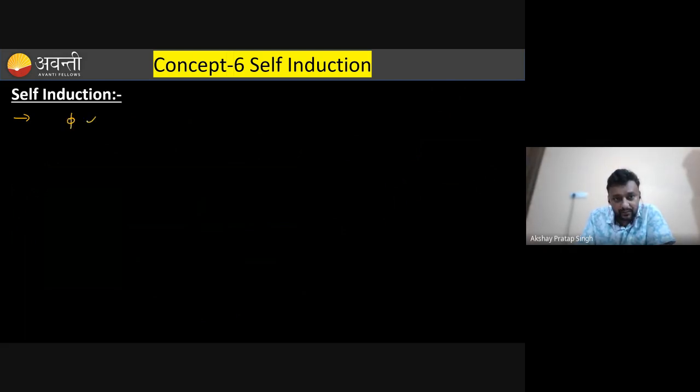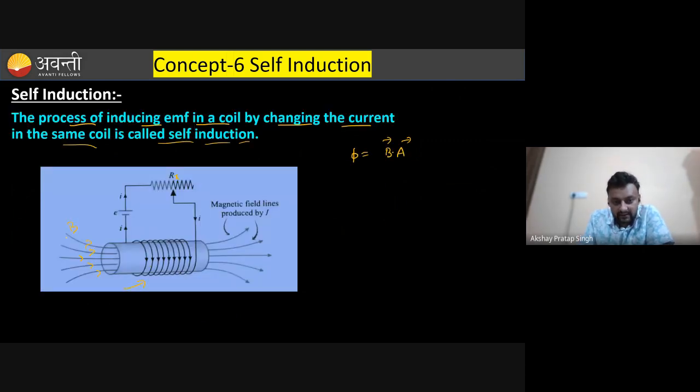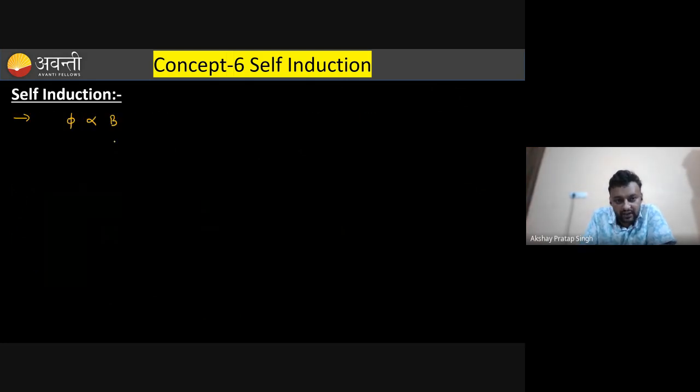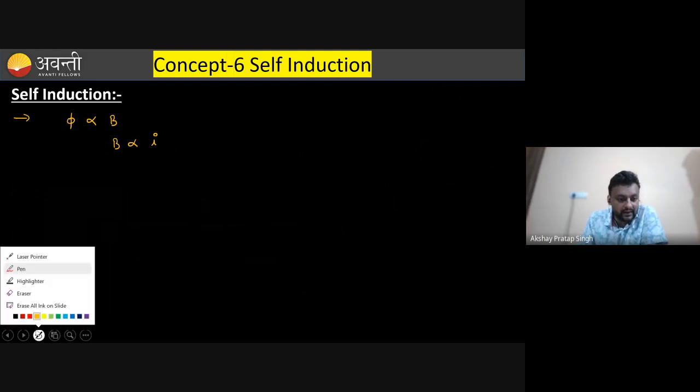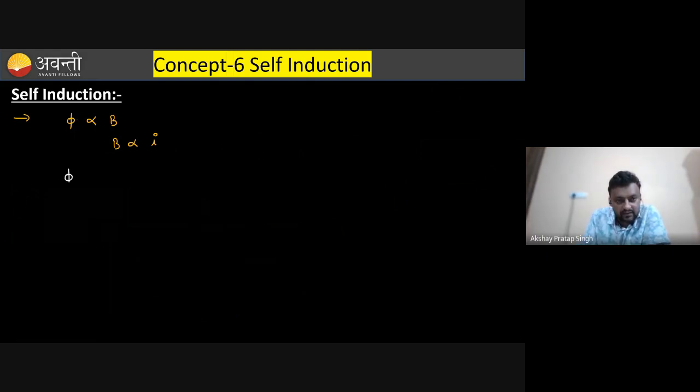Do you know that phi is proportional to magnetic field? I hope everybody knows this. And if you look at the previous slide, this diagram, this magnetic field is proportional to the current. So I am writing the same statement, that magnetic field is proportional to the current. Flux is proportional to magnetic field, which is proportional to current. So can you combine these two and conclude that flux is proportional to the current? And if you remove this sign of proportionality,